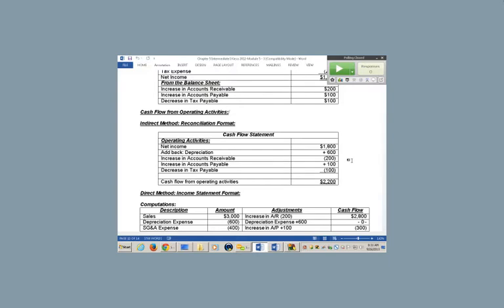Receivables go up, which means that you didn't collect all your sales that are included up in net income, so you subtract it. Increase in payables means that some of the expenses that you charged against income were not paid, so you add that back. And decrease in tax, that means not only did you pay for this year's taxes, but you paid for some of last year's, so you paid more, so you'd have to subtract that. As a liability goes down, you're paying off and cash goes out the door, and operating cash flow is $2,200.